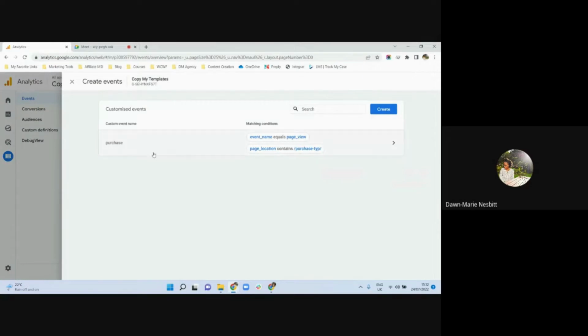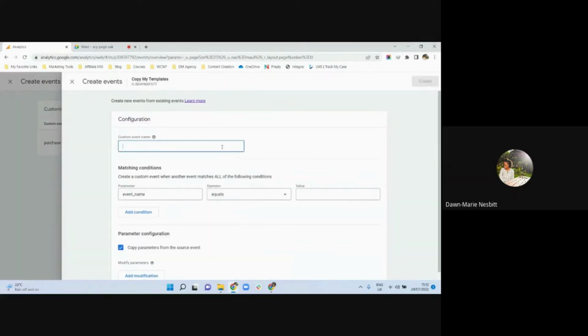And you can see that I already have my purchase event created. To do that, I went to Create. I gave the custom event name in name, which is only for my reference. So I'm going to put webinar, no spaces, webinar email template purchase. The event name I will leave as event name, and the value that I'm giving to it is page view,